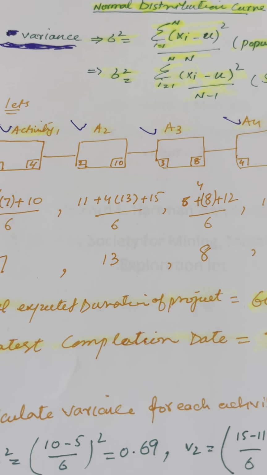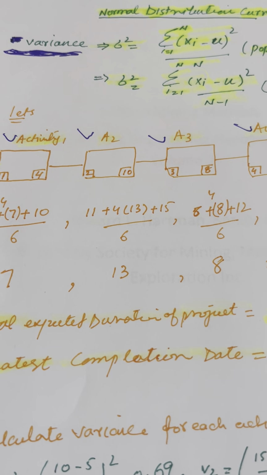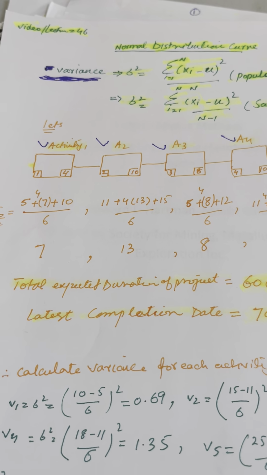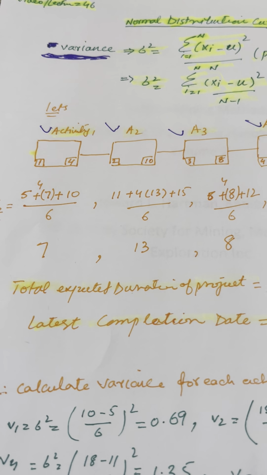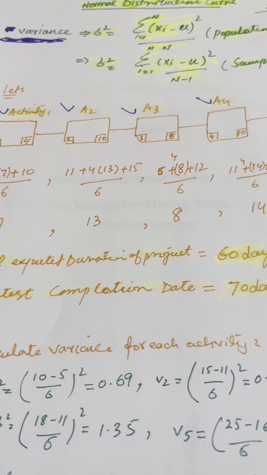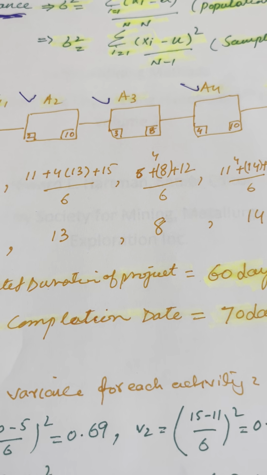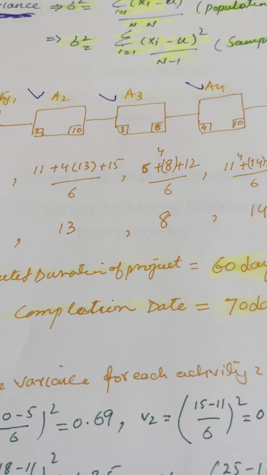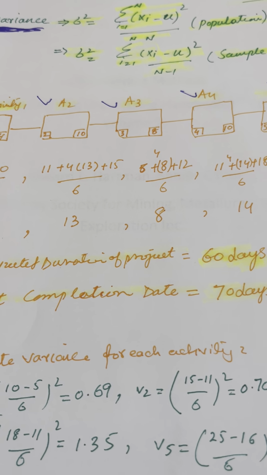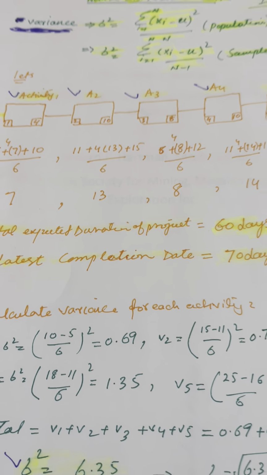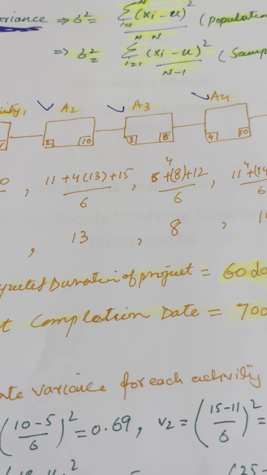You can use it for the critical path, the longest path in your project. You have to add all the activities and find their expected duration, and that is your earliest finish of the project. And for the latest finish, whatever date you have, or in between, you can find any day up to 60 days. And then we're going to use the z formula. Z is equal to x